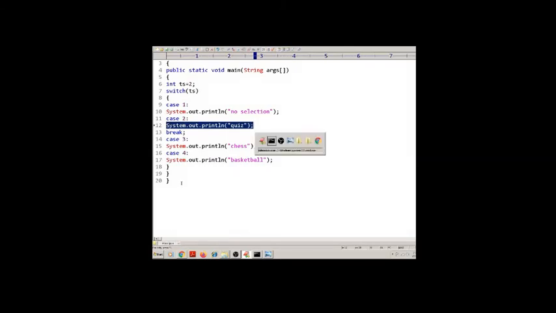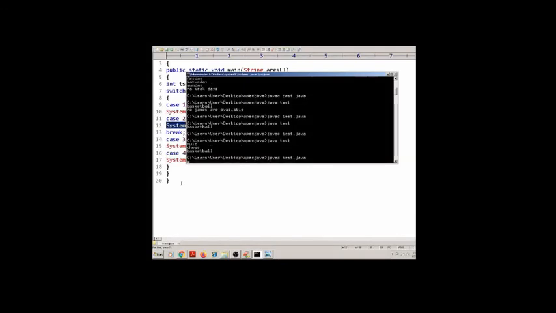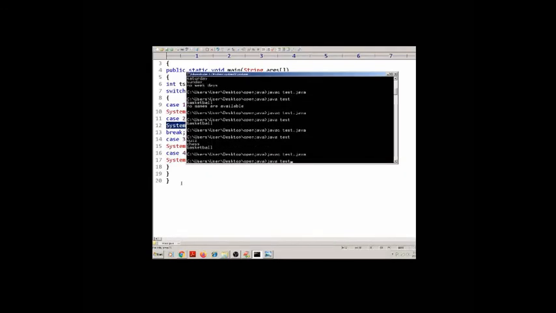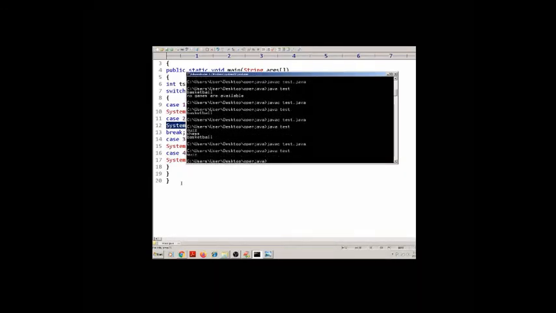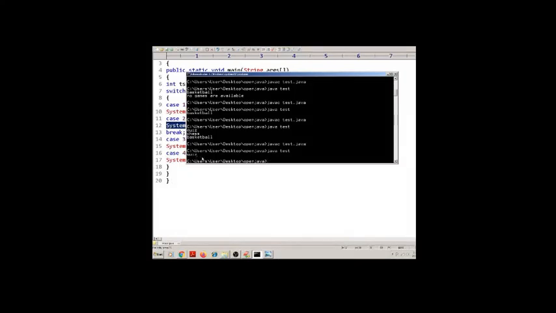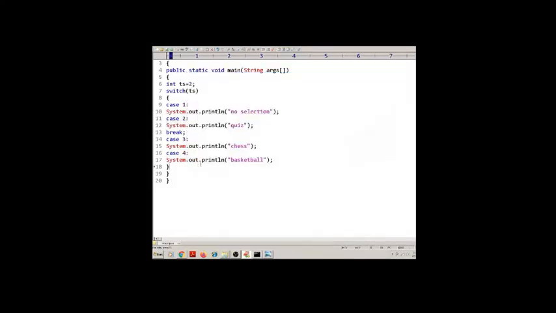Save, compile the program and run. You can see only quiz is the output. So Vivek, I hope it is clear.